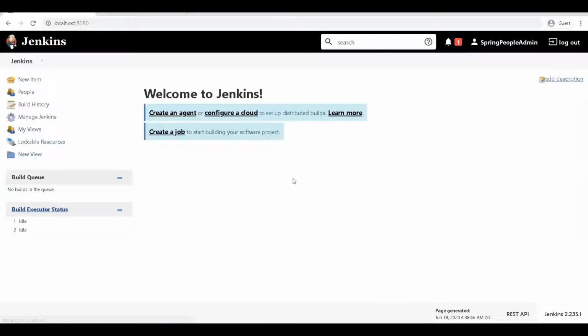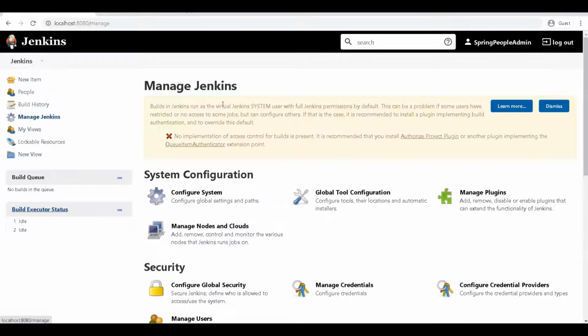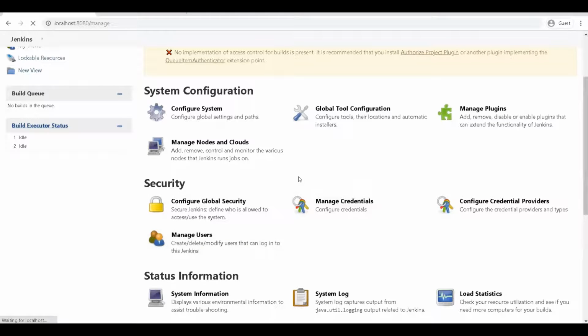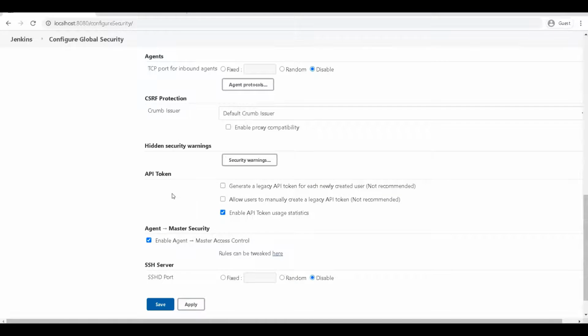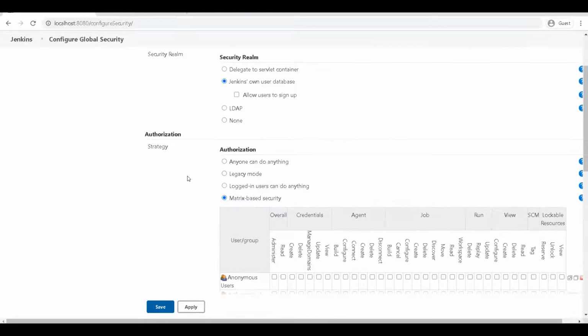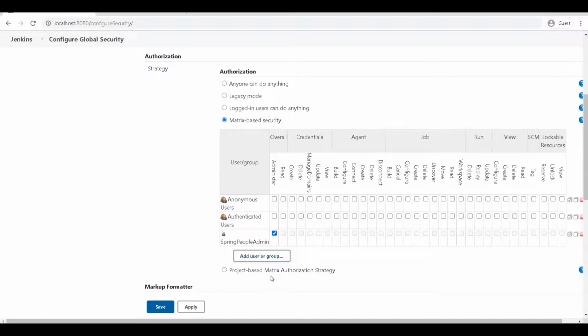So this is the third level security. Now we have one more security where we can have user level security also. So in that, what we can configure is we can say that certain users can do certain tasks and certain other users can do certain tasks. So in this section itself,